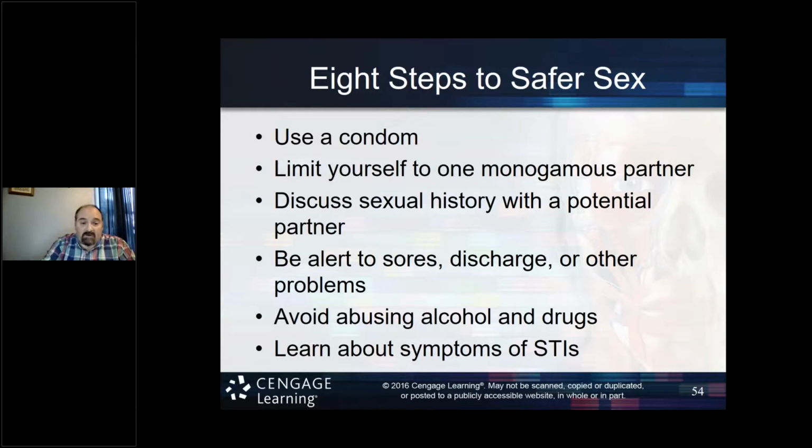So very important. Look at this here. Avoid abusing alcohol and drugs. Now you would say to yourself, well, that makes sense, right? But early on in my practice, I had a person working for me part-time, and this patient ended up getting involved with drugs in particular, and as a result, risky behavior and getting pregnant by multiple partners. It was very, very sad. Very rough stuff, leading to bad stuff, right?